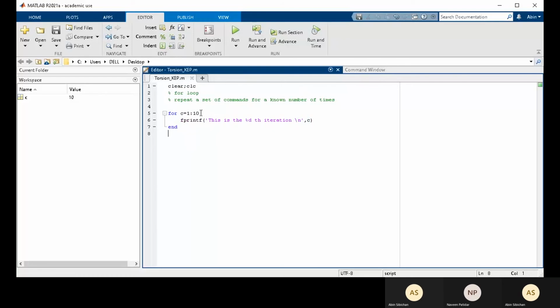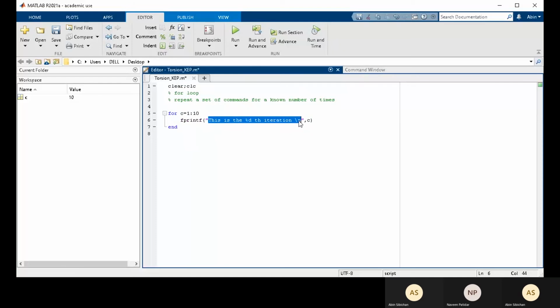Rather than that, I need to print the numerical value of C that is present. That can be done with %d.